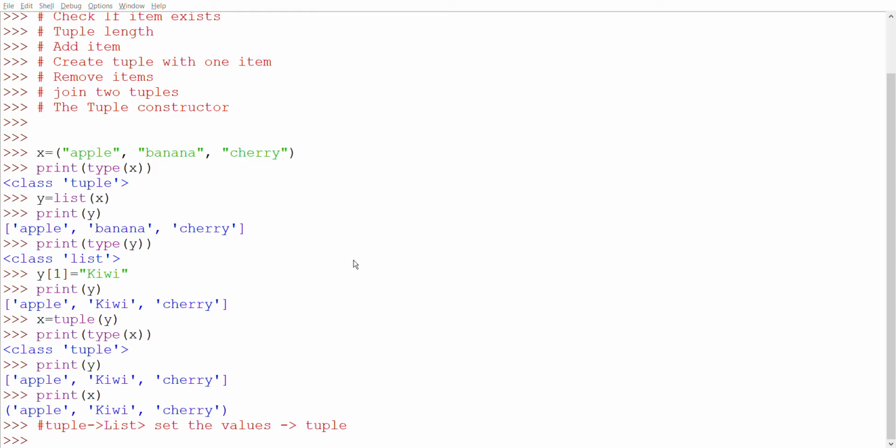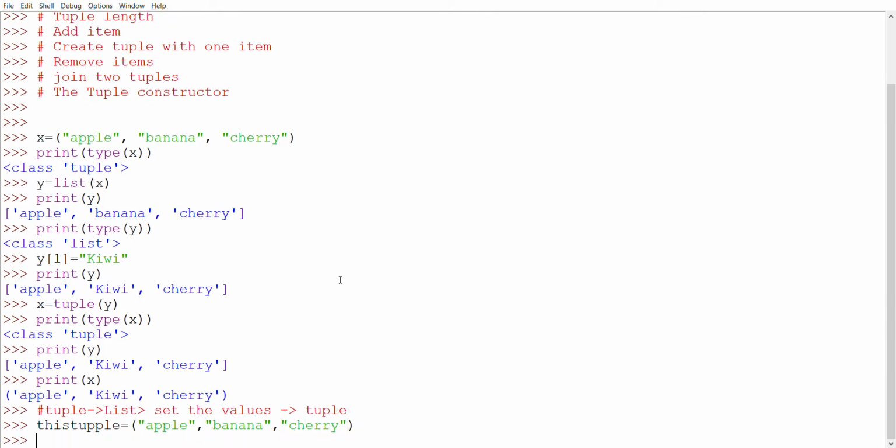Now let's go with loop through a tuple. You can loop through a tuple's items by using a for loop. We have other loops too, like while. Let's go with the same example. This tuple equals apple, banana, cherry.